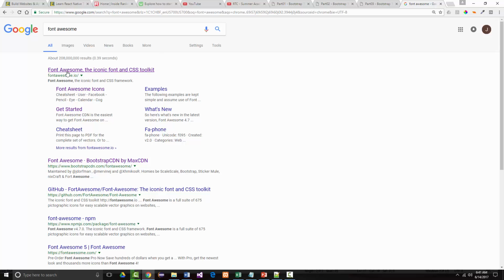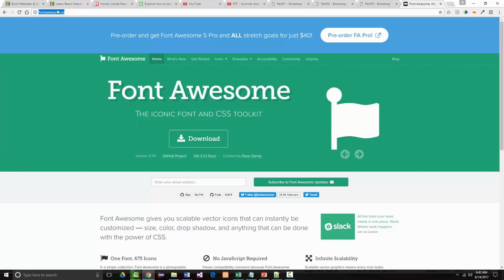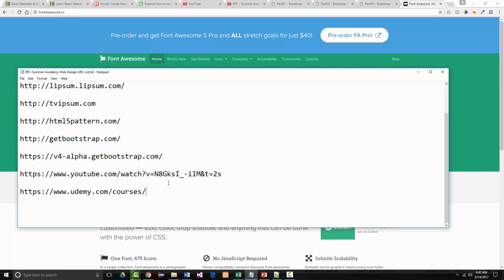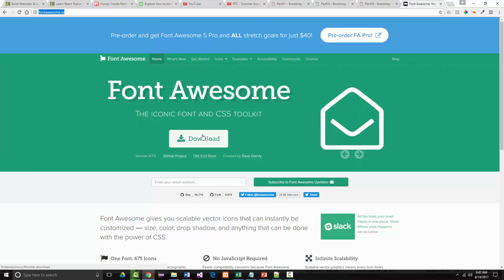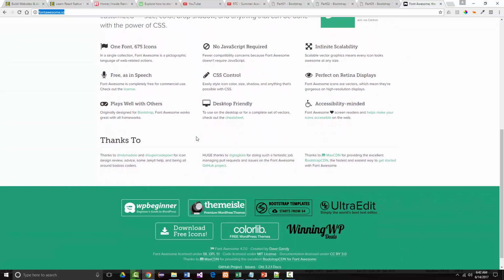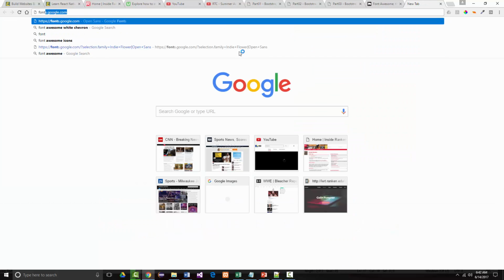All right, and there's the Font Awesome website, and as you notice, it's fontawesome.io, but since I'm trying to be complete here, I'm going to add that to my list of URLs. All right, and what do I want to do? The first thing I want to do is download Font Awesome. Do I have to download Font Awesome? Actually, I believe I really don't. I think there's what's called a CDN for it. Let's see. So we're going to keep that up there, but I'm going to type in here Font Awesome